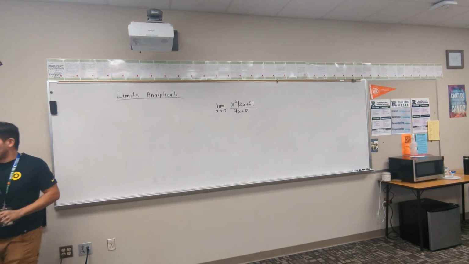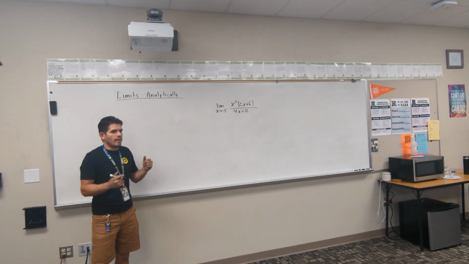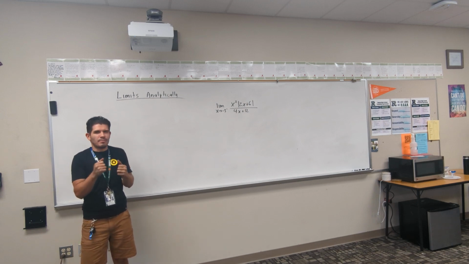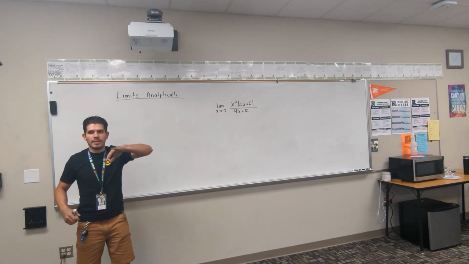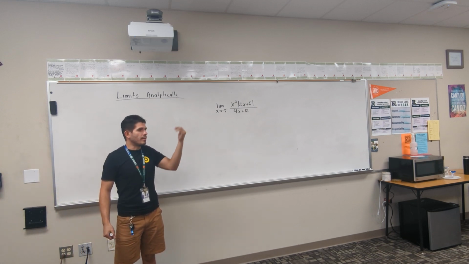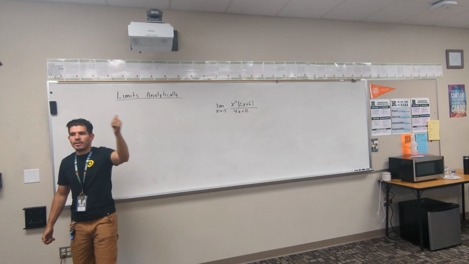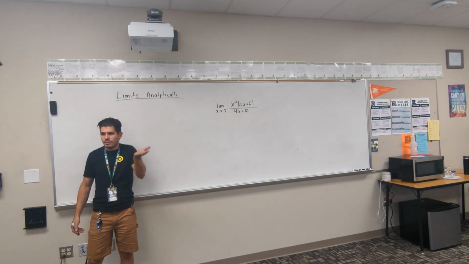All right, sweet. So this was going to be just a really short video, honestly. It's talking about a very specific situation that could occur. In our previous video, we discussed the idea that you have a discontinuity that could be a hole, which would be that you get a 0 over 0. Also that it could be a vertical asymptote, which would be something that was a number over 0, right?